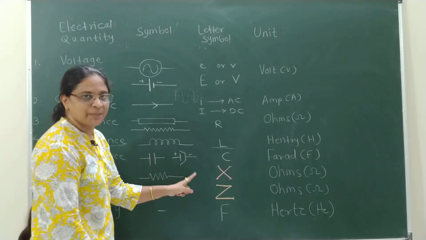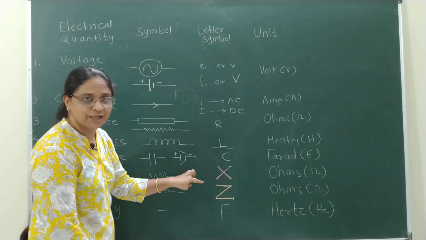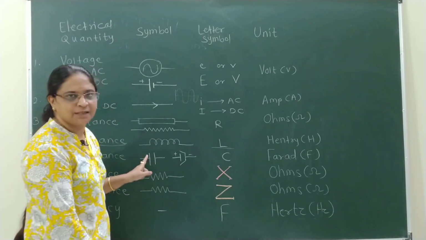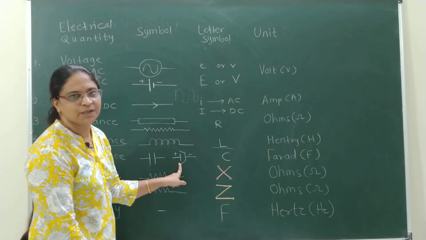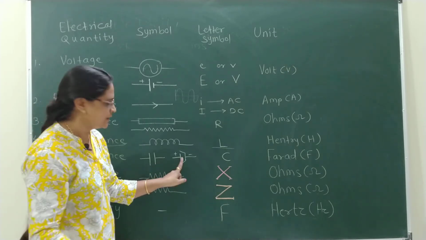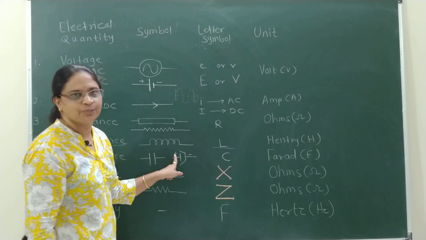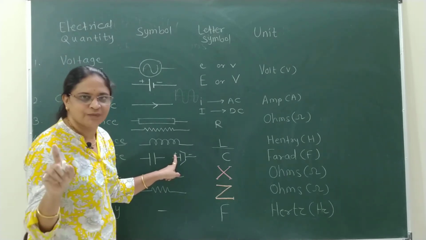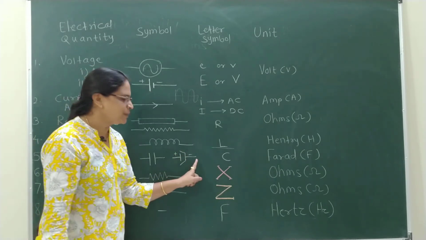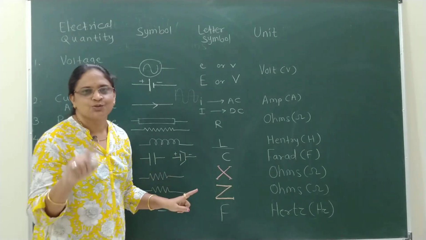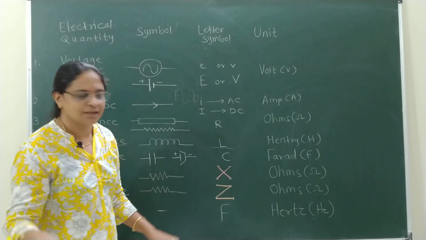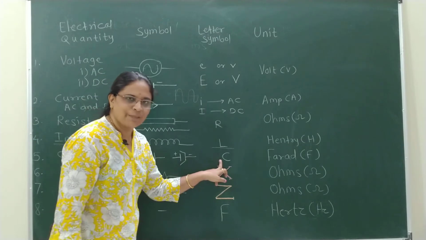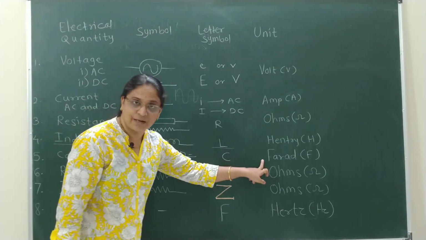But there are two types of capacitor, one is the polar electrolytic capacitor and the other is non-electrolytic. Anyhow, you can connect it in the circuit, but this capacitor is to be connected according to the given polarity. So the left hand side plate is positive, and that end has to be connected to the positive terminal of the circuit part, whereas the other plate shows the negative sign, so it is to be connected according to the negative polarity marking. So the letter symbol is capacitance C, unit is farad.